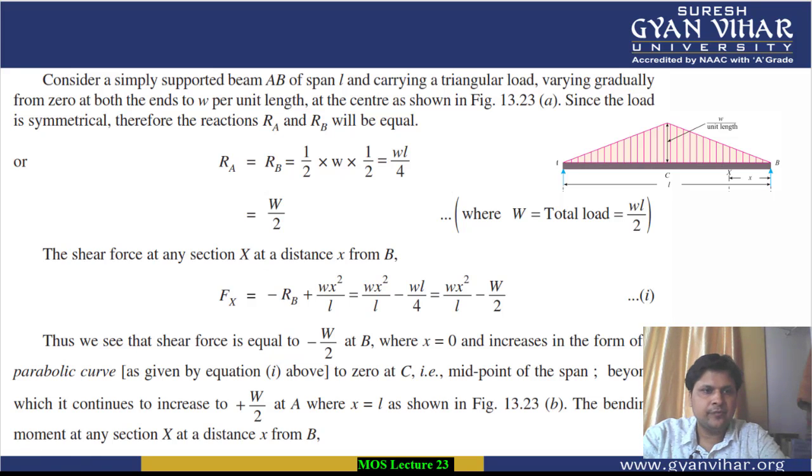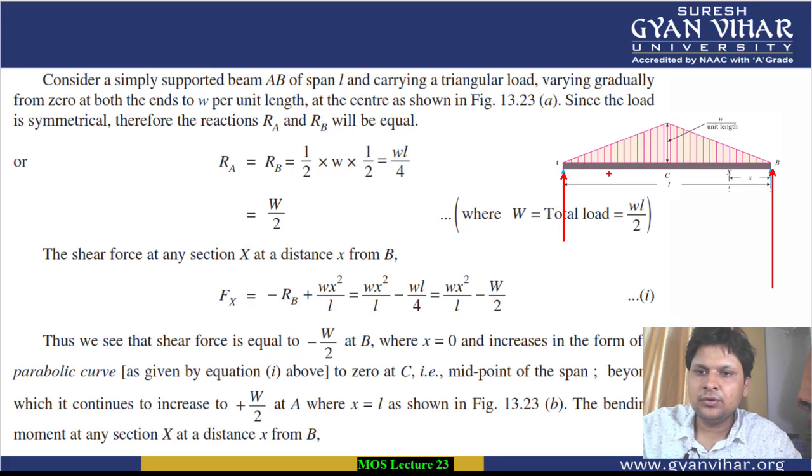So this is basically a simply supported beam AB of span L, and it is carrying a triangular load, as you can see, students, varying from 0 to W per unit length. If we want to calculate the support reactions here at A and B, how will we calculate them? We all know that the summation of all the vertical forces is equal to 0, and here